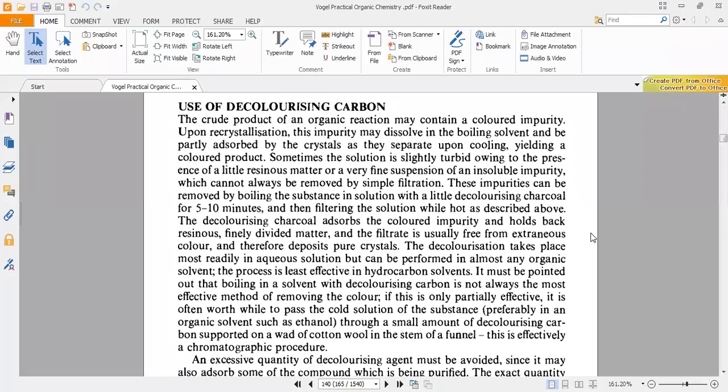But the disadvantage is maybe our compound, our solute which we are going to crystallize out, may also adsorb on the surface of the adsorbent. So we have to be selective in that case. If we are using an adsorbent on which not only the impurity but also our solute, which we are going to crystallize out, are both adsorbing, it is not a good method.